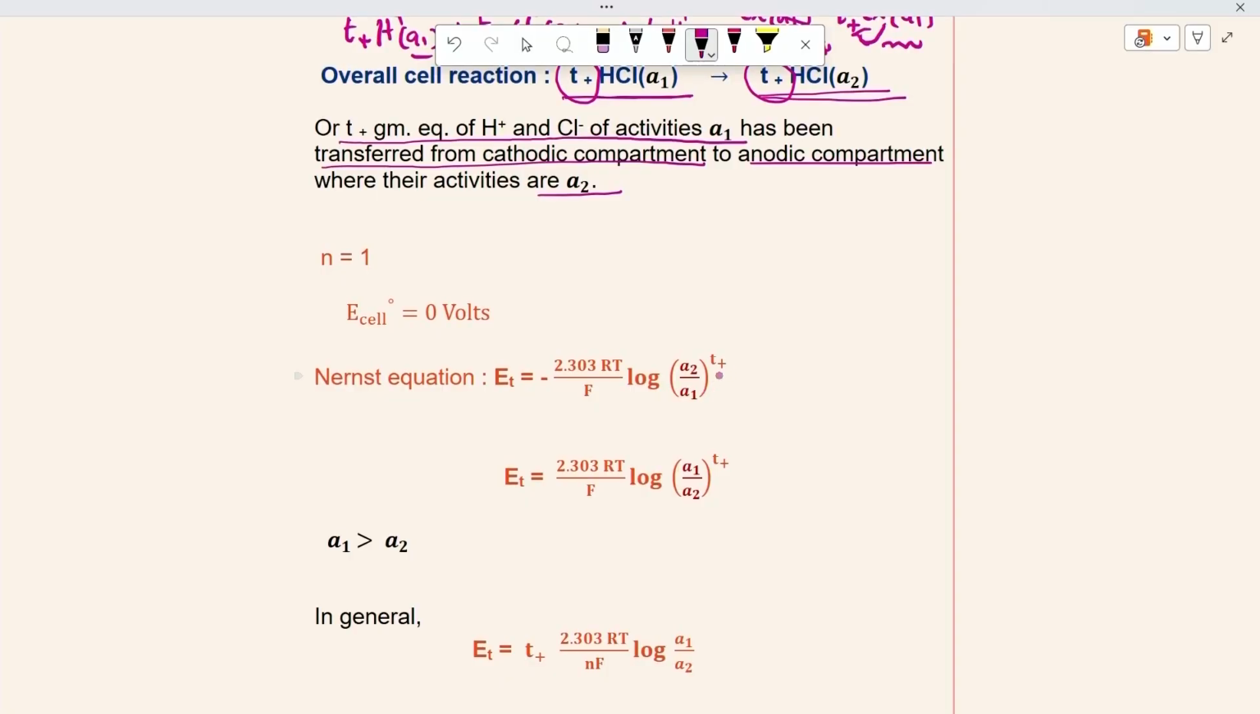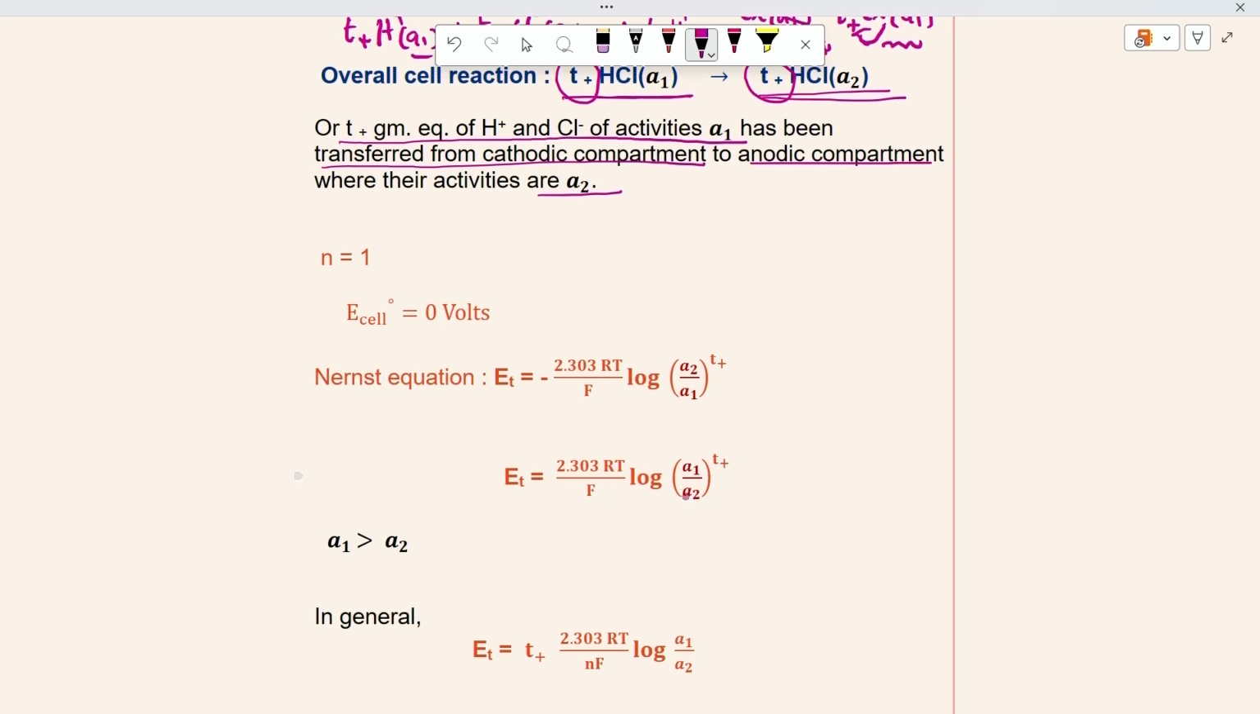So, I have to raise it to the power t+. So, a2 divided by a1, for both the cases that will be t+. I have taken t+ as a common term as their power. Now, reversing this term and removing this negative sign, we have 2.303 RT by F log (a1 by a2) whole